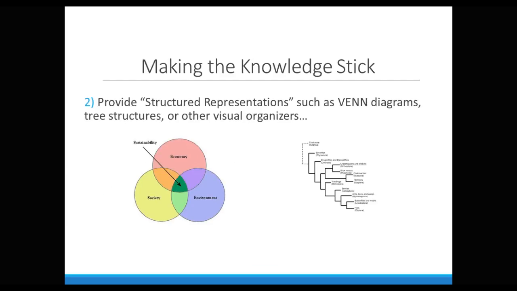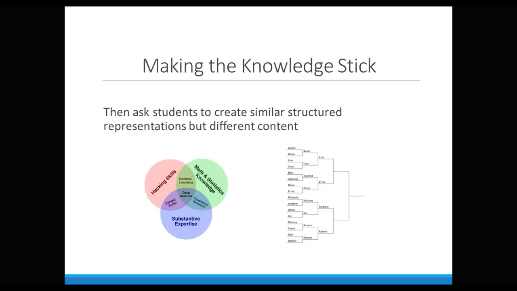So the second technique is to provide structured representations such as Venn diagrams, tree structures, or other visual organizers that exhibit relationships between concepts or items in the lesson. So this is obviously after the lesson has been delivered, and you're giving these to help students organize this information in their head. So you can provide exercises that ask students to create similar structured representations that you've presented originally, but with different content. In other words,